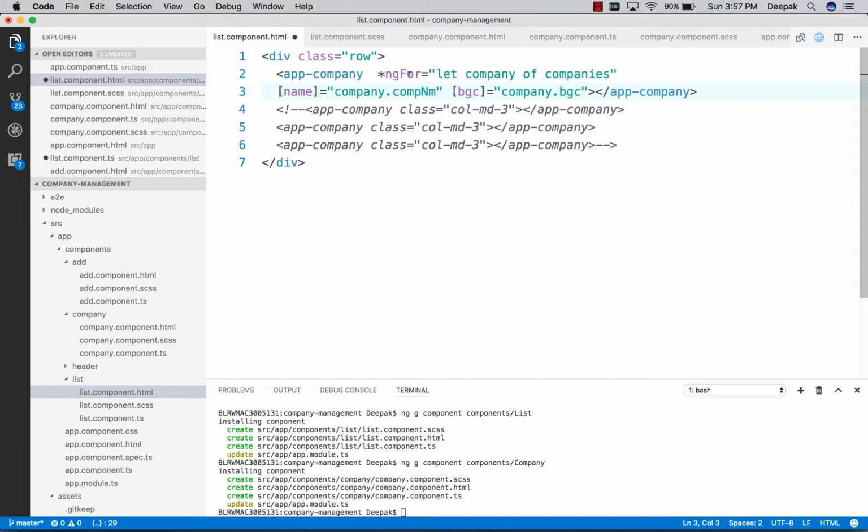So we are looping each of the companies, and company will get one object at a time. The company's name is assigned to the name attribute, and BGC is assigned to the BGC attribute, which we will create in a bit. So let's go to the company